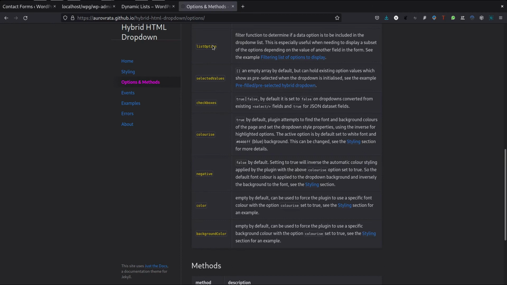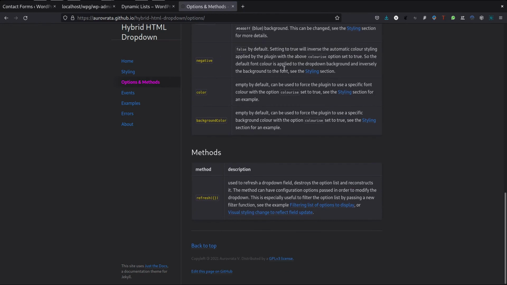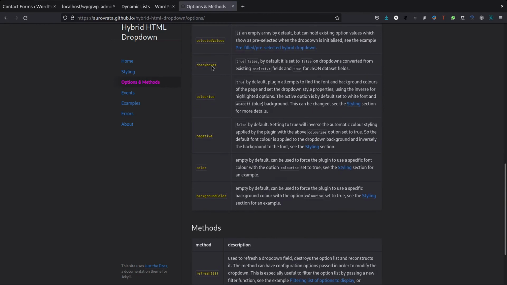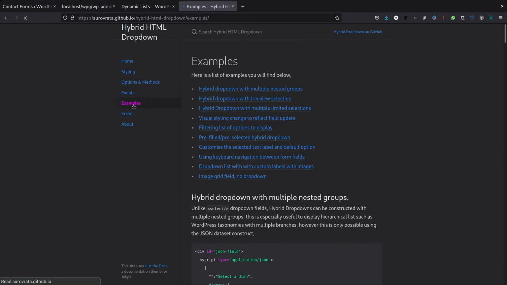So initially the list option would return only certain values, and subsequently when you call the refresh method, you could change the function so as to use a given value in the form that would reflect what needs to be listed in the drop down. And of course the refresh can accept any of these values above, and there are some quite funky examples that you can see in the section here as to what can be done with the refresh